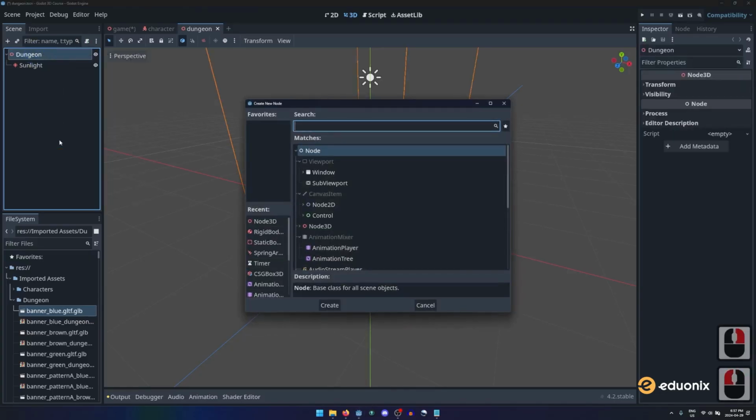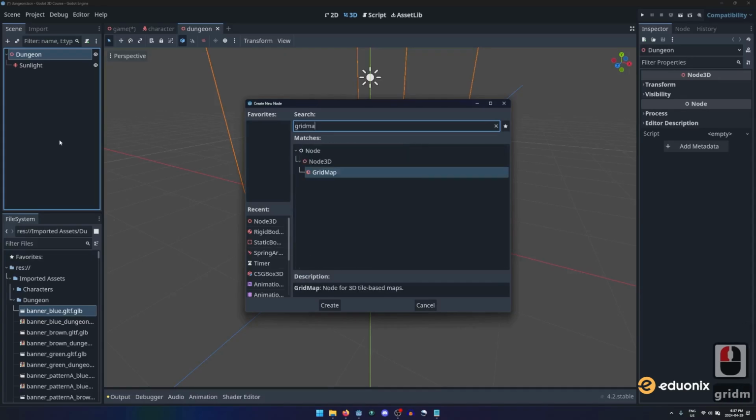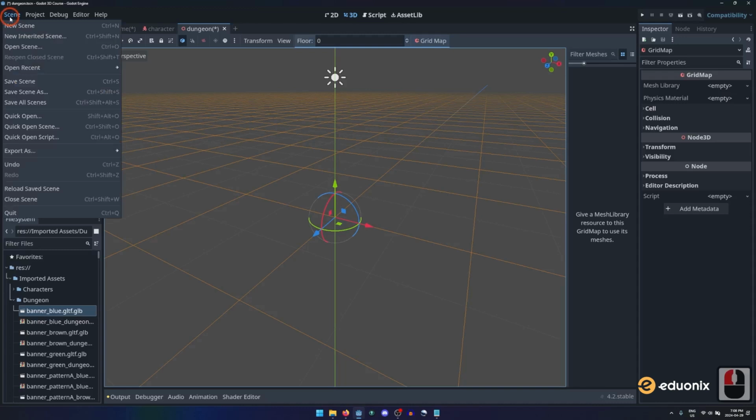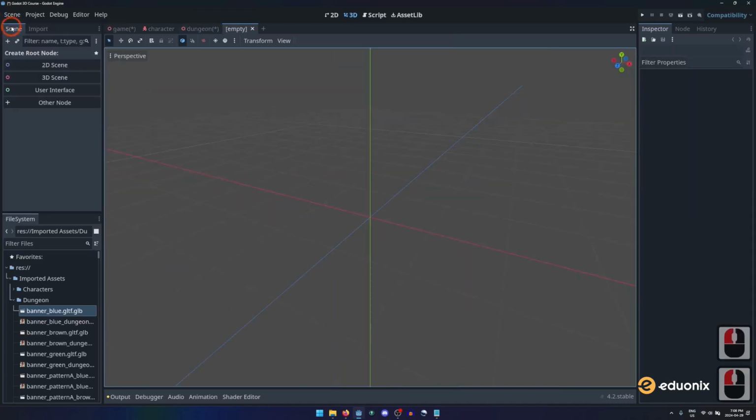In the dungeon scene, we can add a new node type, a grid map node, which will allow us to quickly build out the level using the assets we imported. But the grid map requires a resource called a mesh library, which we have to generate first from the imported models. From the main menu, select Scene, New Scene, to create a new blank scene, and select 3D Scene in